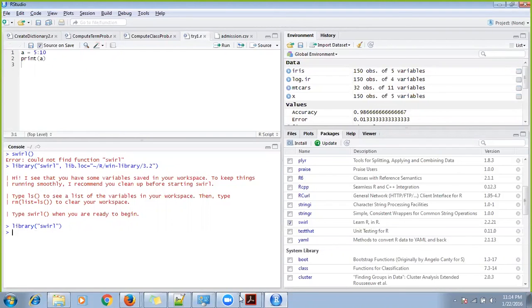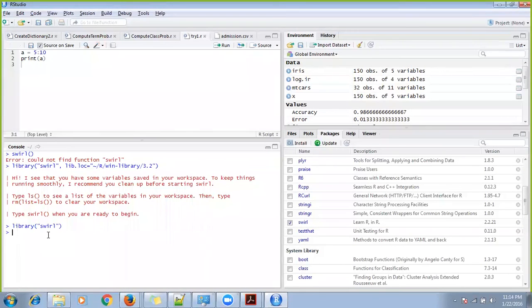Here it is also giving the path of that library, but the path is not needed because this is a default path. So either you can write library(swirl) in command mode, and it will load the swirl package, or you can go to Packages and put a tick mark on that package.